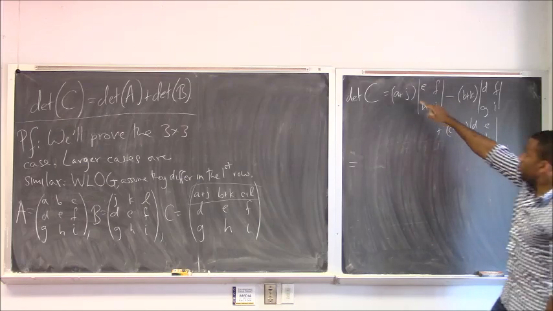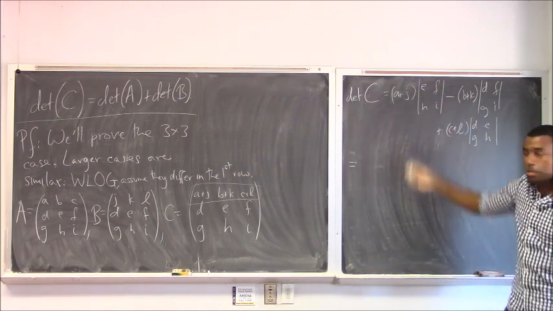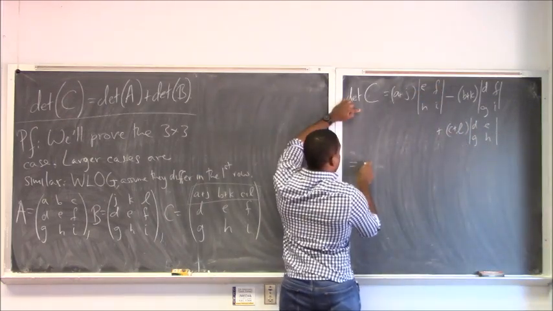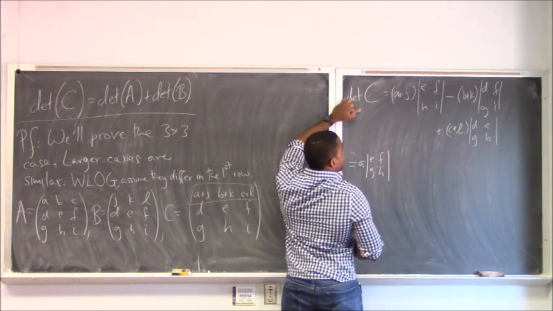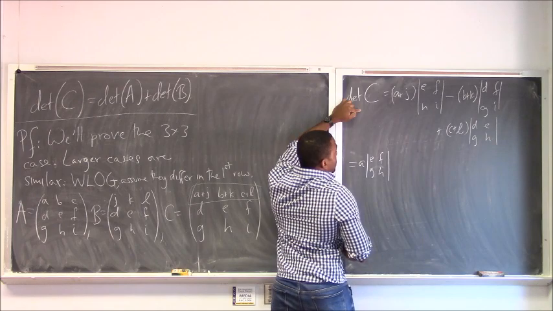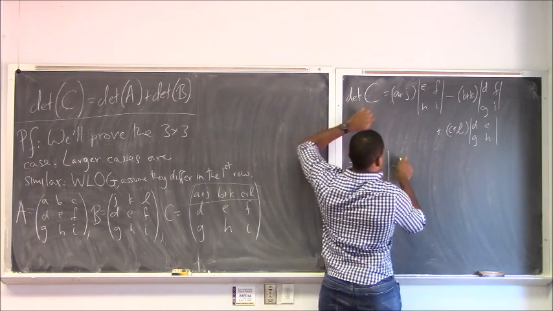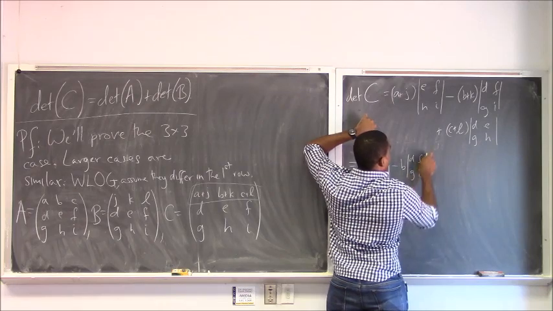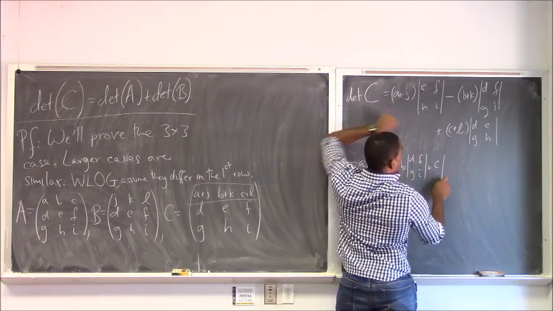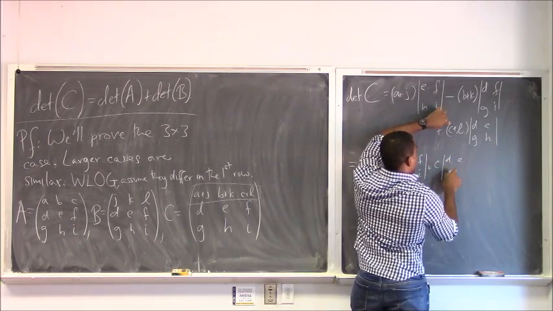We can multiply out, just expand, right? So what we have here is A times the determinant of [E F; G H], minus B times the determinant of [D F; G I], plus C times the determinant of [D E; G H]